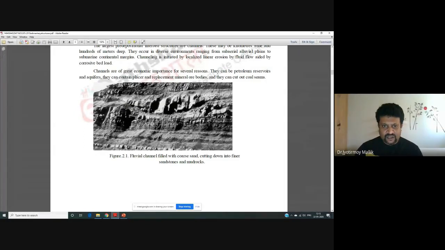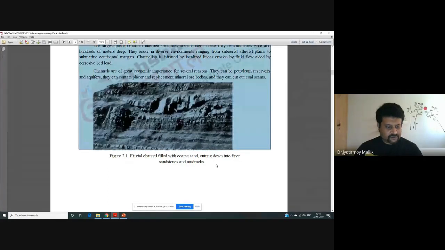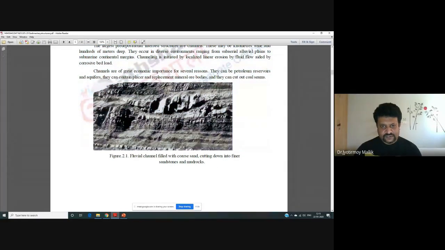The channel was supposedly flowing perpendicular to the picture, and this is the scoured mark of the channel itself. This was the deepest point of the channel, and of course, then the channel sediment has filled this structure,